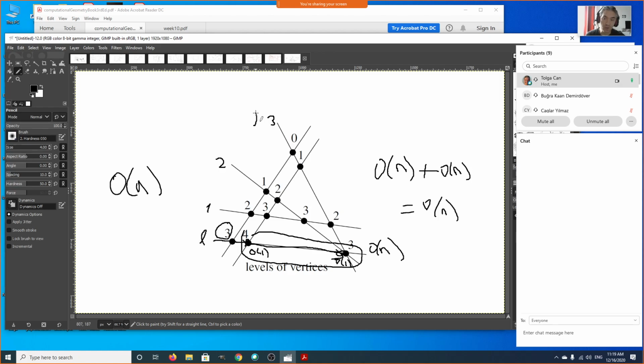I do it for all of the lines in my input, in my arrangement, which will result in an O(n²) complexity finally. So given a doubly connected edge list like this, an arrangement of n lines, I can compute the levels, how many lines are above each of these vertices. Each of these O(n²) vertices, I can compute how many lines are above them in total O(n²) time,